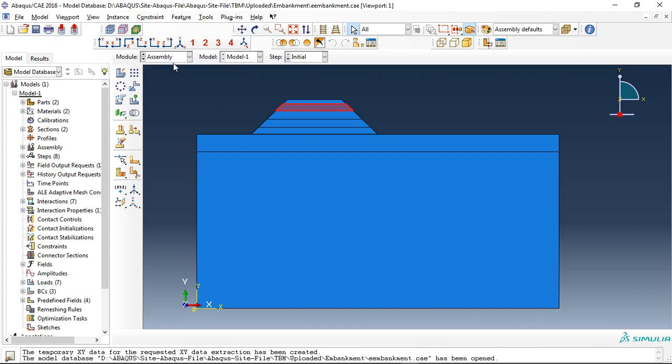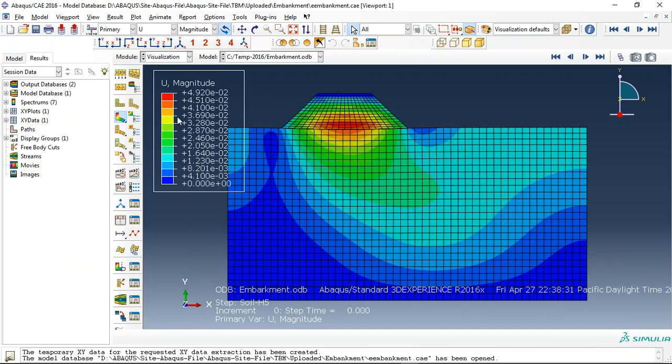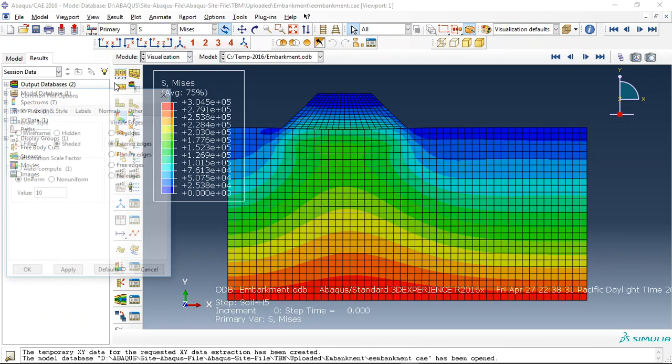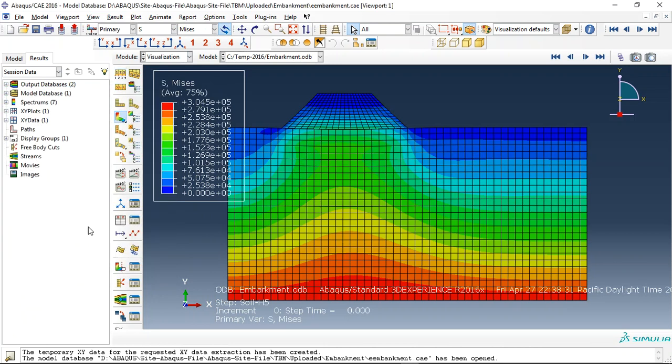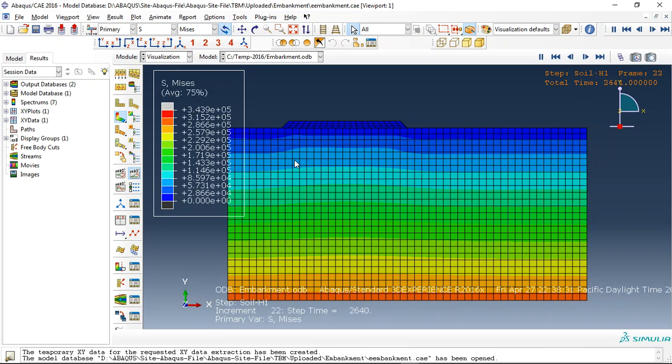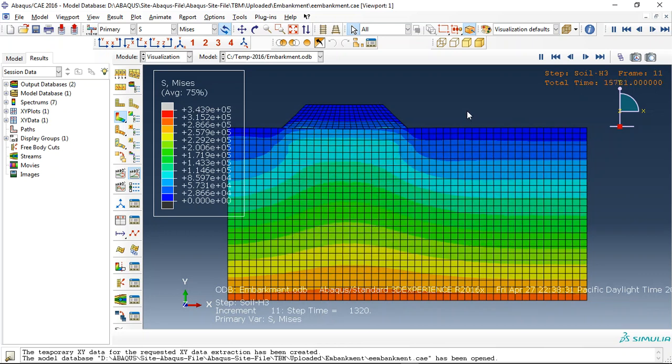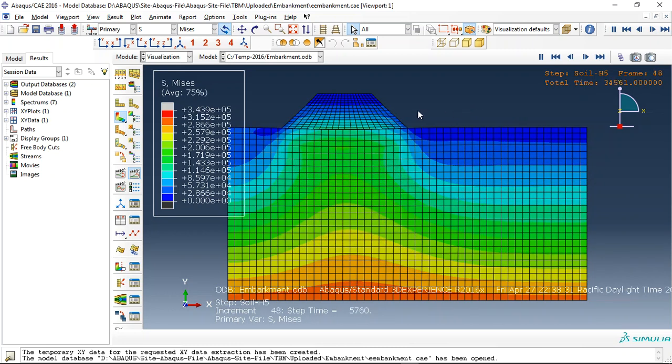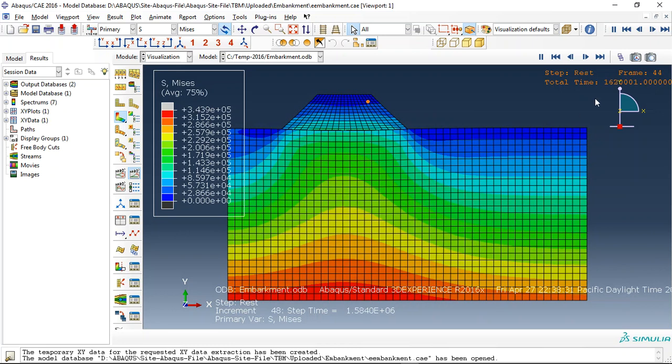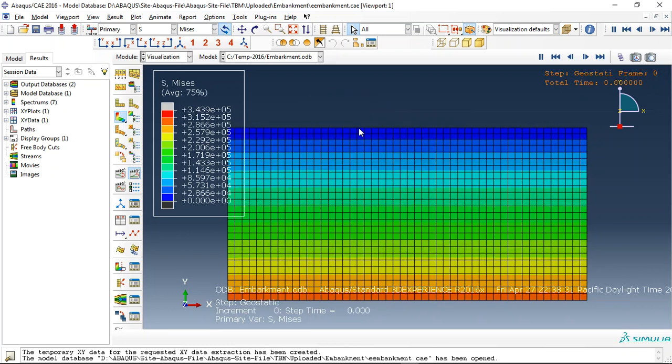And you can see here, in the visualization we can check the stress. Here I use magnitude for that, so you can see this is a construction of the embankment. You can see this is the stress, and after the construction, we have a long time for rest